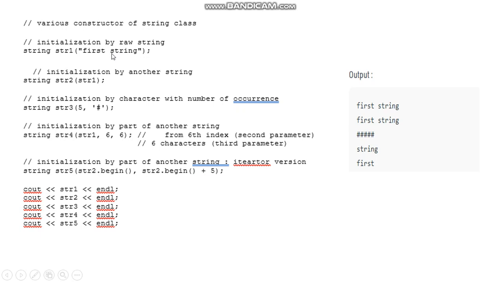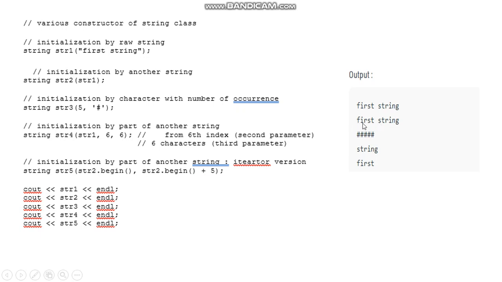This is the 6th position letter. From there 6 characters, 1, 2, 3, 4, 5, 6, are extracted and assigned to the variable str4. And for str5, another part of a string, str2, the beginning is 0, and 0 plus 5 is 5. So 0 to 5 positions from string 2.